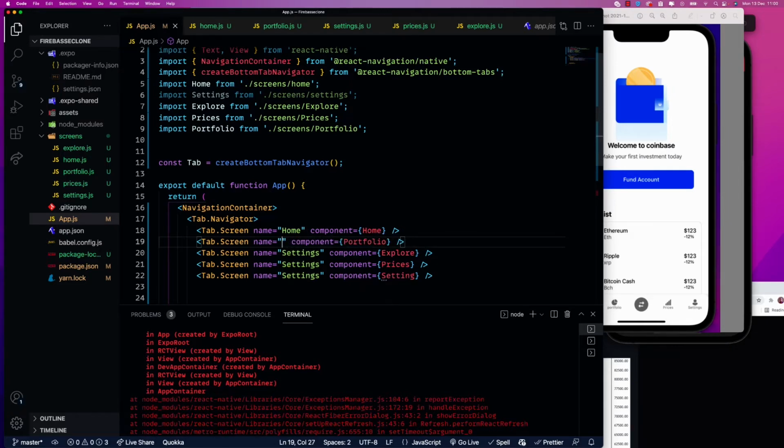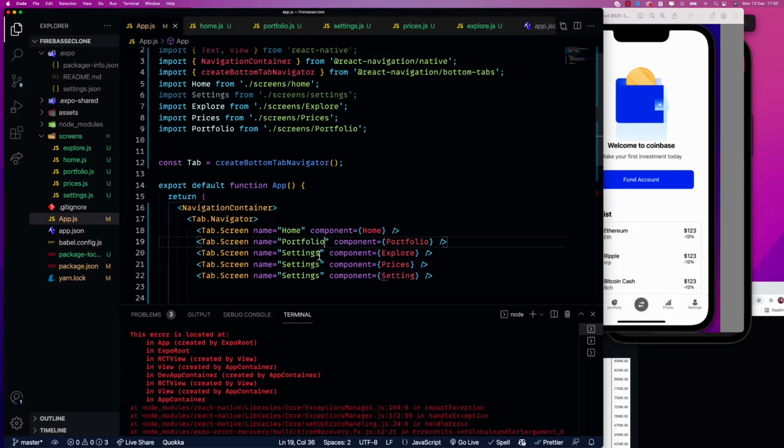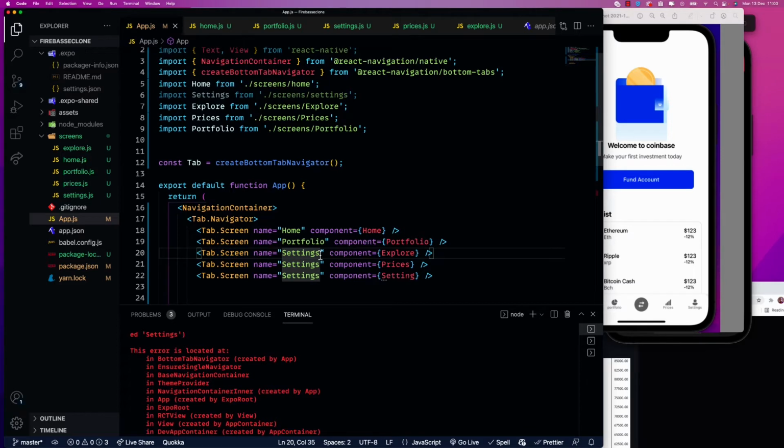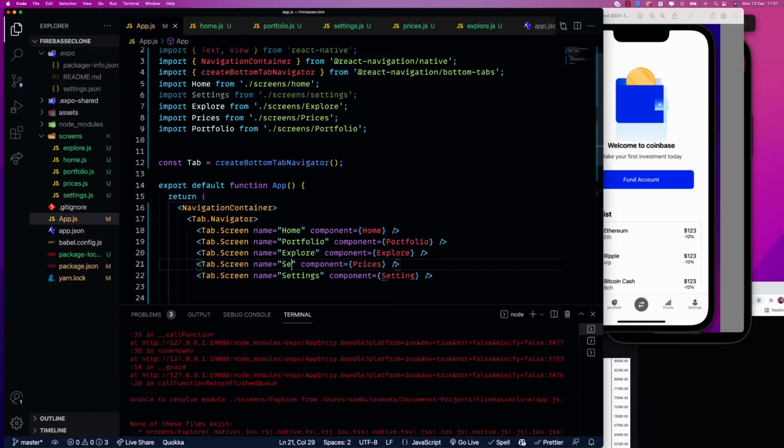Say portfolio, and then explore, and then prices. I'm just renaming them so that their names are unique. Settings,